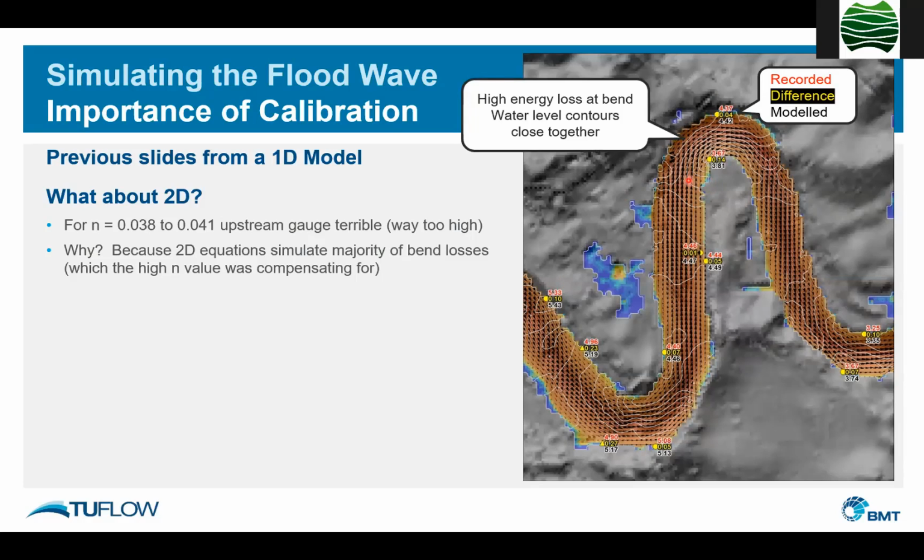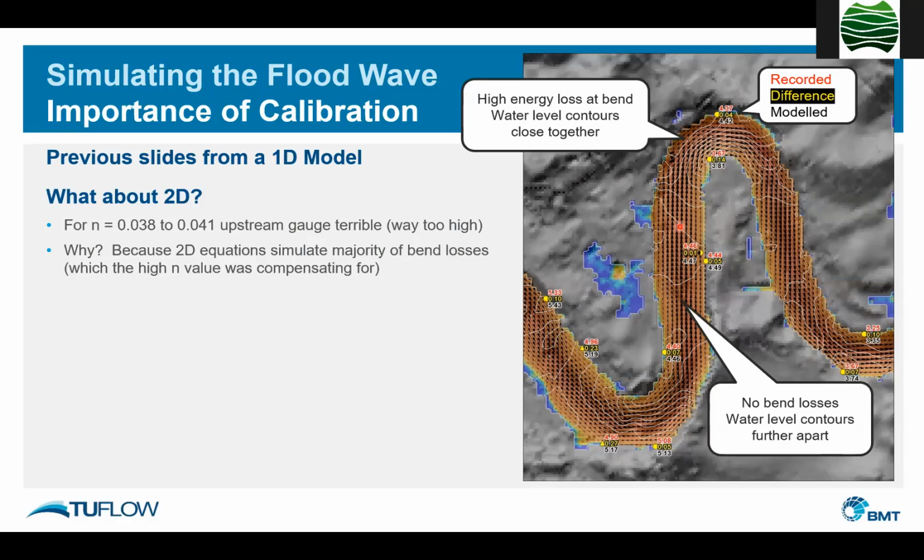And you can see that in the results here. This is some of the 2D results. You can see the water level contours much tighter around the bend. They're 0.1 meter increments, whereas in the straight sections, you can see there are big gaps between the contours. So the water has a much flatter gradient through the straight sections and a very steep gradient around the bend. You can also see the super elevation. And in this bend, for example, there's about 0.6 to 0.7 of a meter difference in water level from one side of the river to the other, which is recorded. And that also came out in the modeling, as with other bends. So very interesting exercise.